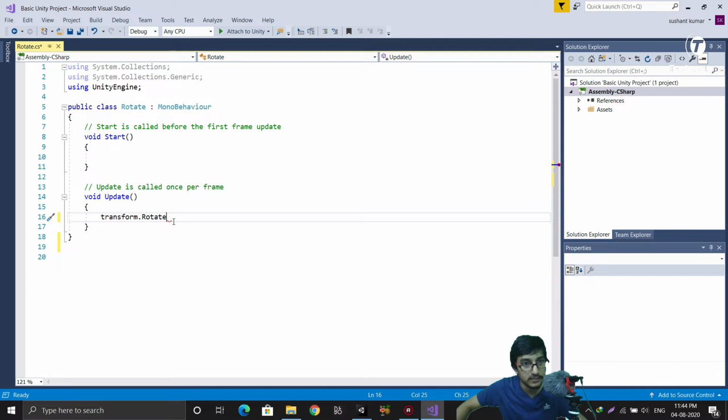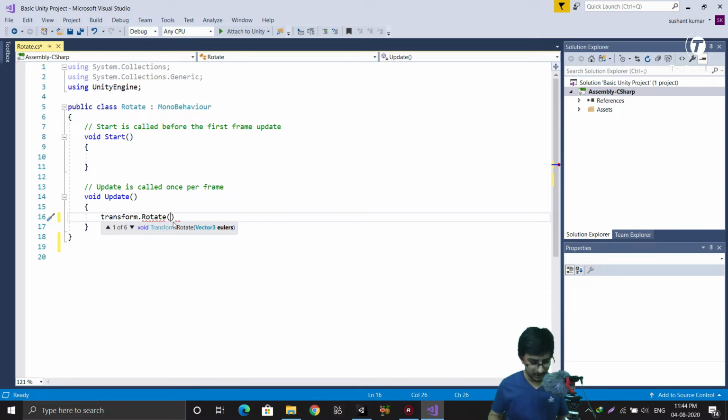Transform dot rotate. Don't worry about this script, it's a very simple script. I am just explaining the use of this script, how this script is used inside Unity. And on day 3 of the webinar, or simply if we proceed, we will use multiple scripts in our app development, but we will not write any code for it. We will just copy the code from the internet because we don't know scripting.